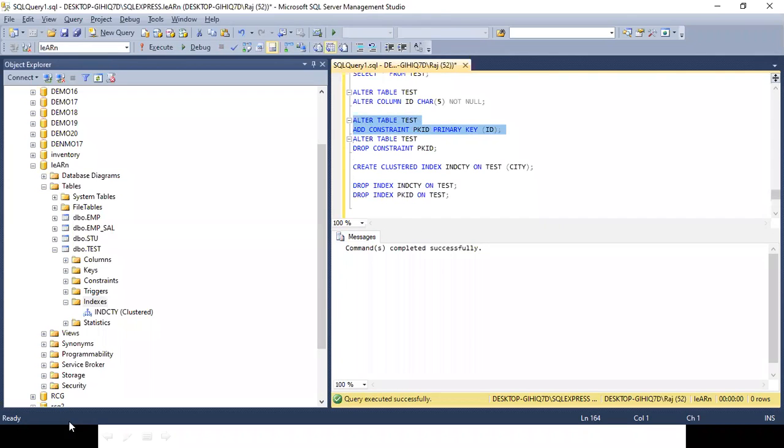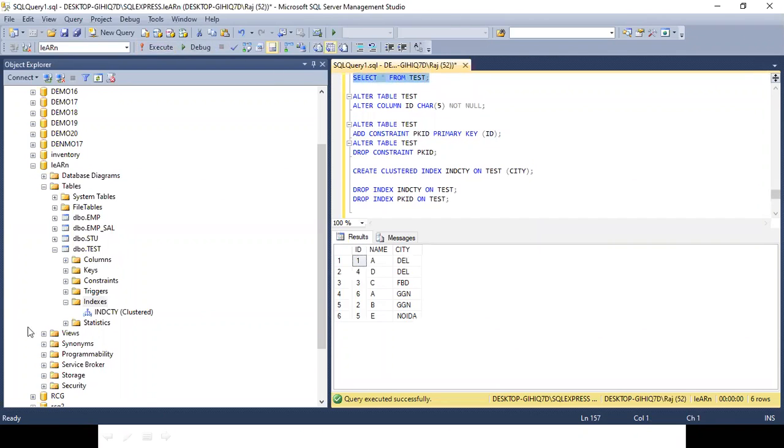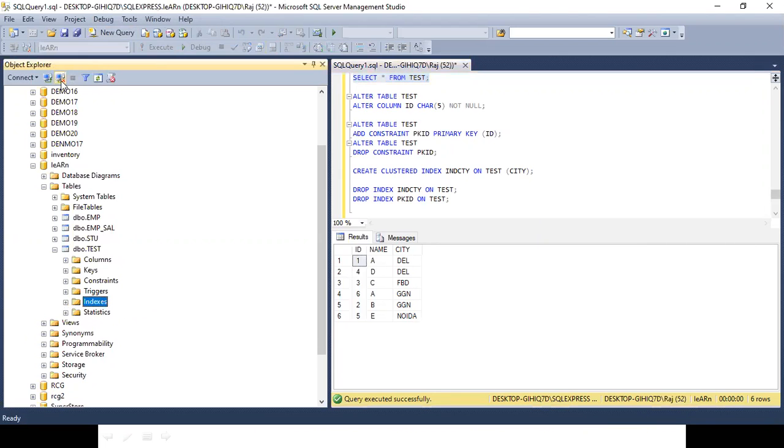It has been done. I am able to make the primary key. Let's see what happens now. Here it is.